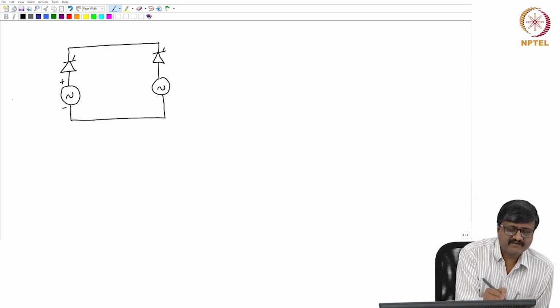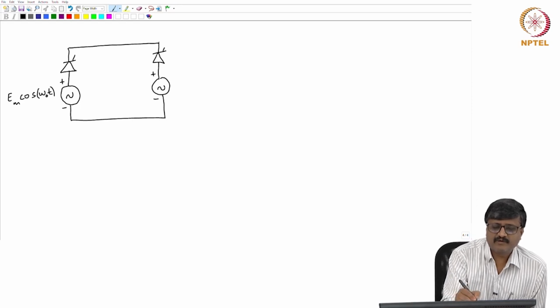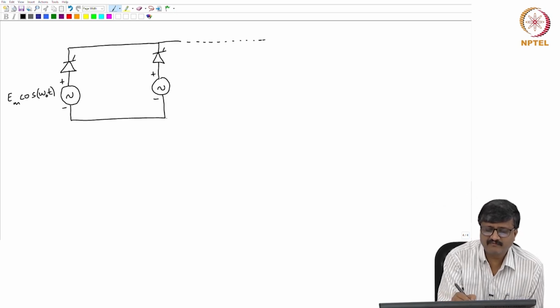So, the voltage here is Em cos omega ot. I will come to this voltage, but what I am showing now is a very general circuit where,